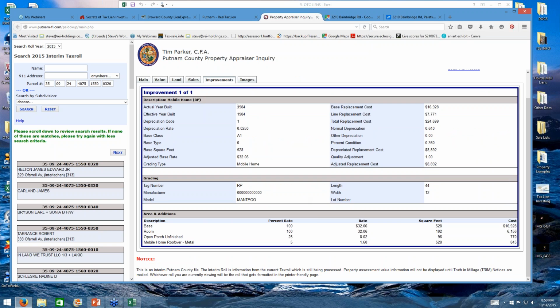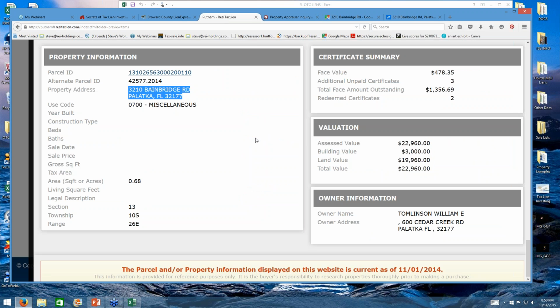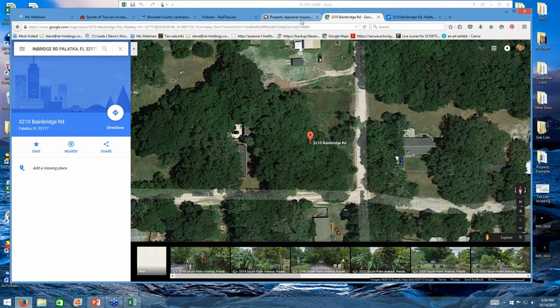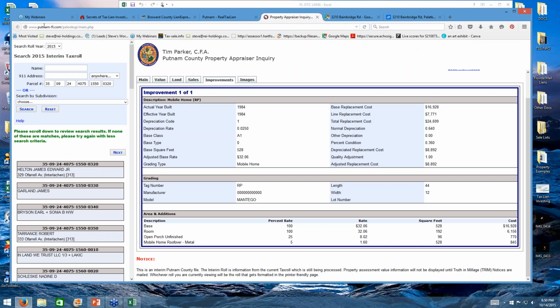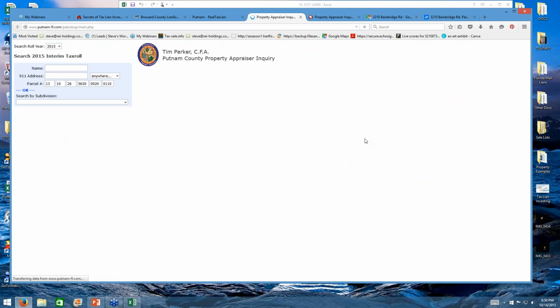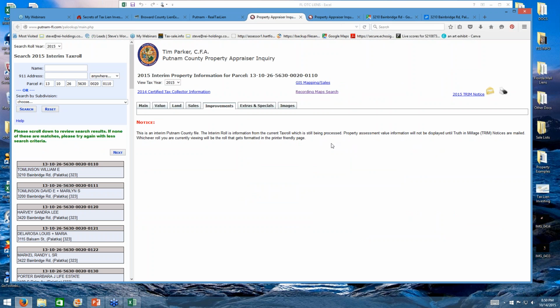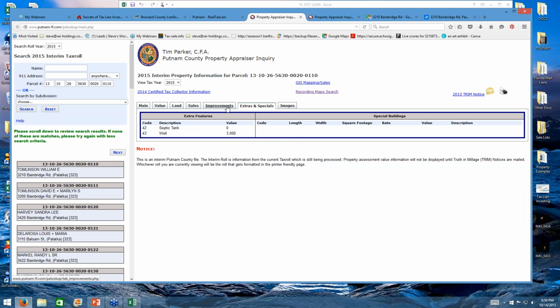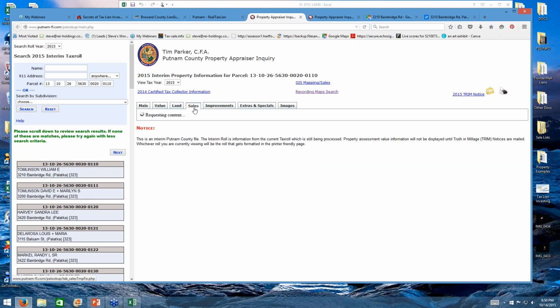And we can see, am I looking at the same property again? No. Let's see where we're at. Okay. So what we're going to do is, again, pull up the information. There we go. This is the right one. We're looking at the last property.